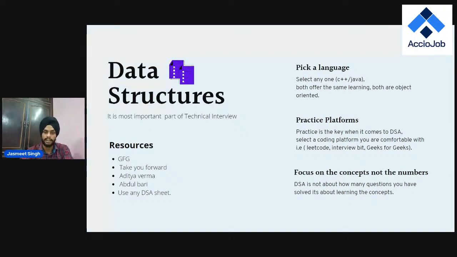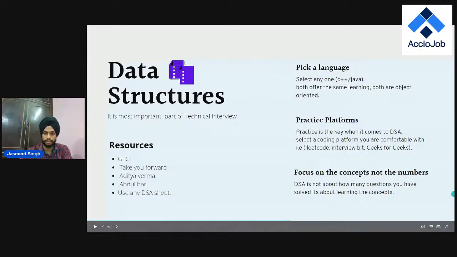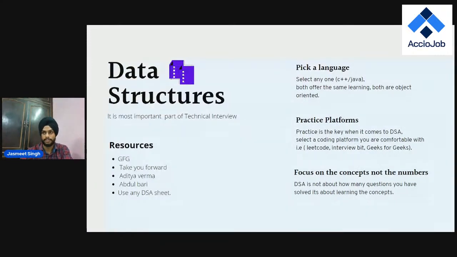So one must proceed according to difficulty. Right? Directly jumping to a hard concept won't help you much. You should always start from the easy part, then move slowly to the tougher concepts, right? So what can you do to learn these concepts? You should pick a practice platform, right? The practice platforms that are highly recommended are LeetCode, InterviewBit, and GFG. You can pick any one of these three. Each is equally good, so you can just start practicing.